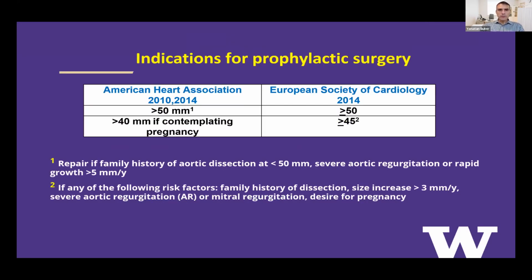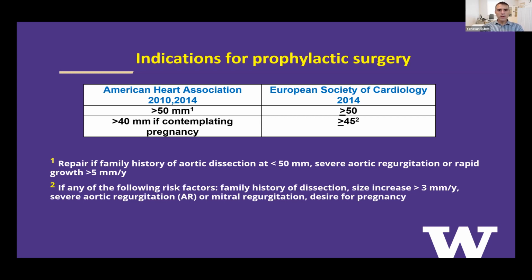When do we start speaking with our patients about prophylactic aortic surgery? We have the American Heart Association and the European Society of Cardiology guidelines to help us make those decisions, which is always kind of the biggest conversation that we have with our patients in clinic. In both sets of recommendations, the cutoff is 5 centimeters, as many of